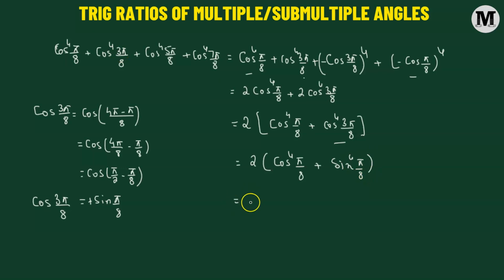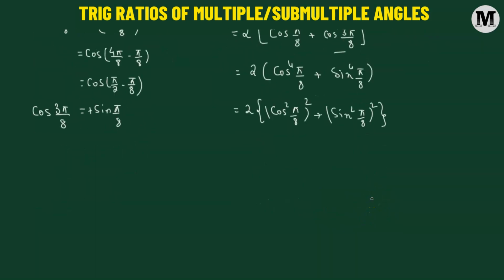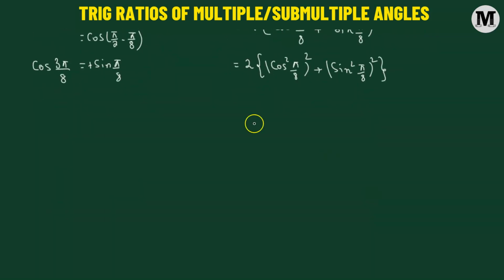Now we are going to rewrite it. 2 times cosine pi over 8 raised to the power of 4 can also be expressed as cosine squared pi over 8 whole square. And sine pi over 8 raised to the power of 4 can be expressed as sine squared pi over 8 whole square. Fine. Now, the reason why we are writing in this particular fashion is because we know that